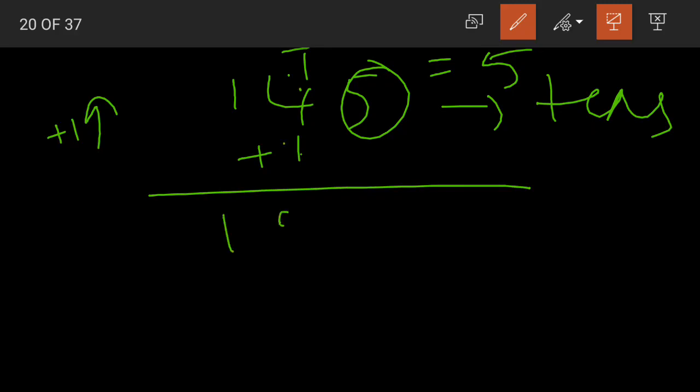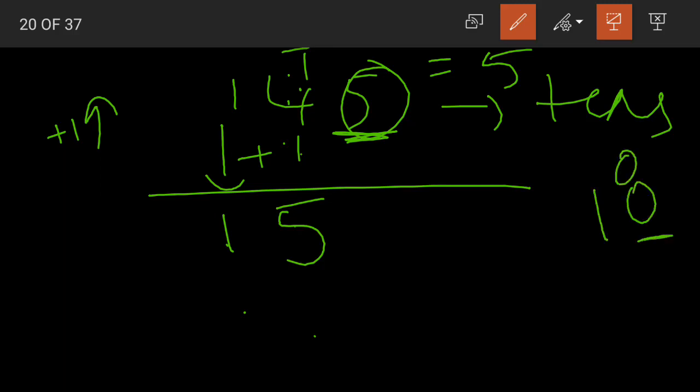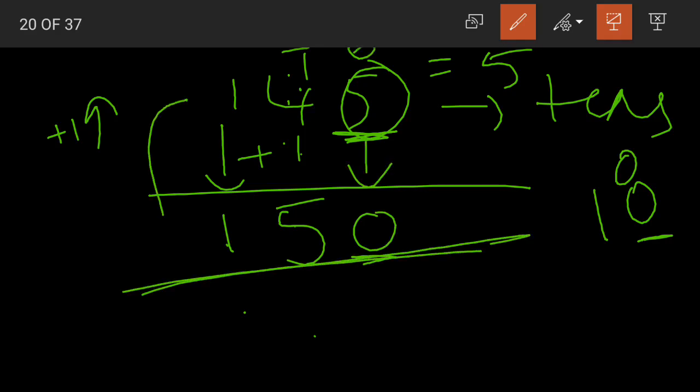4 plus 1 is 5. This 1 was there already, so we'll write it as it is. Now what about the digit in the ones place? Again, as I said, in 10 we'll have 0 in the ones place, so the number in the ones place will be replaced by zeros. 145 rounded off to the nearest tens would be 150.